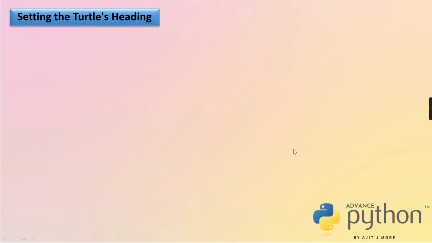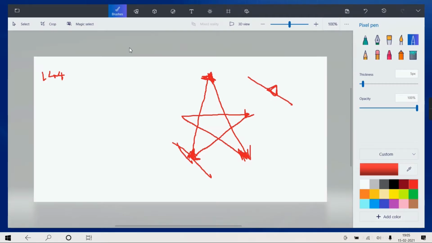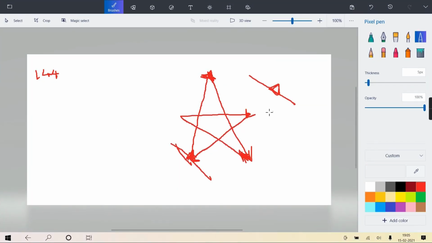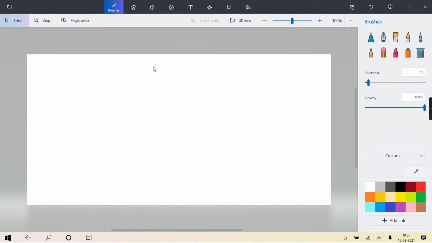Then you can even change the angle of your turtle, but this angle is not considered with respect to where it is facing now. It will consider with respect to your coordinate system, that is the origin, not with respect to which side it is currently facing.